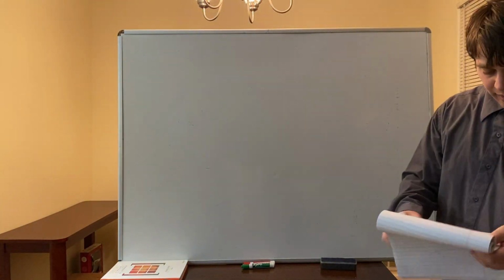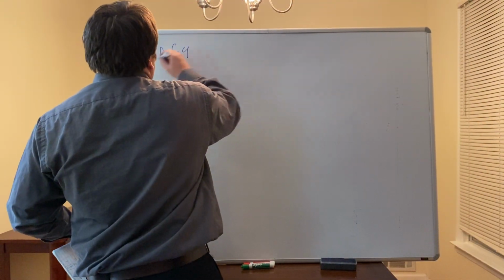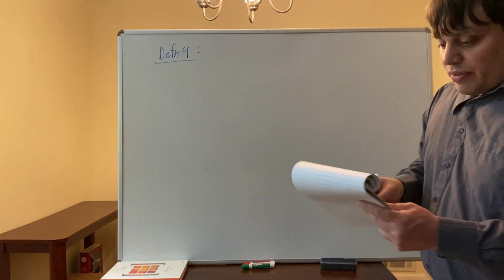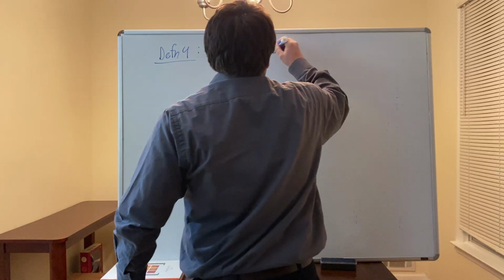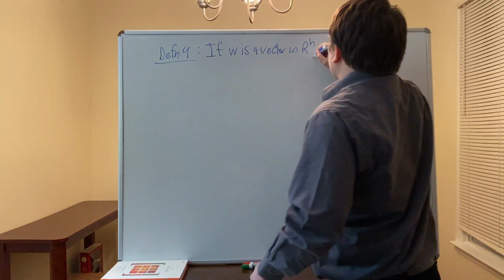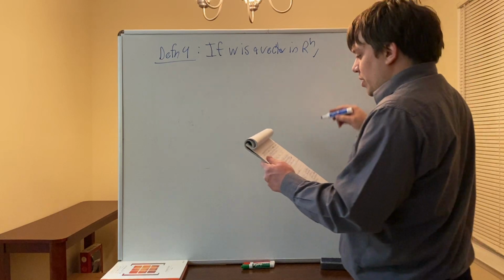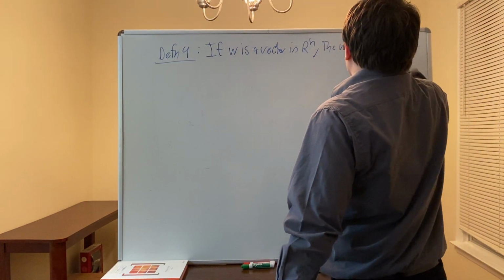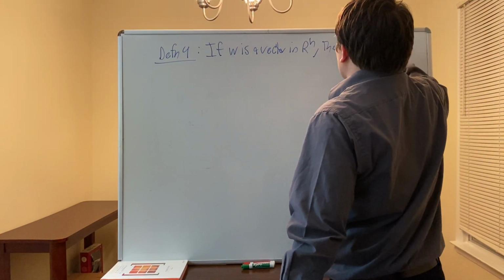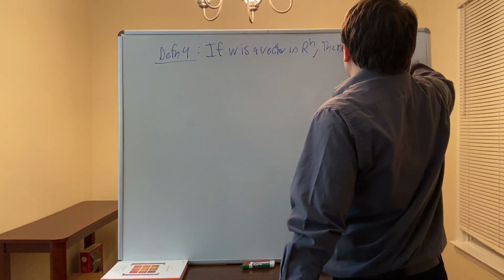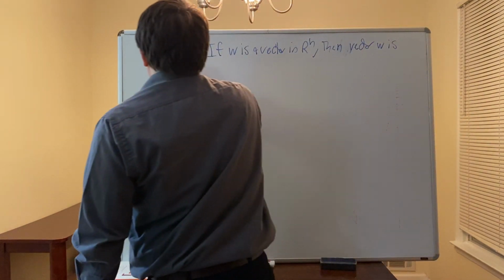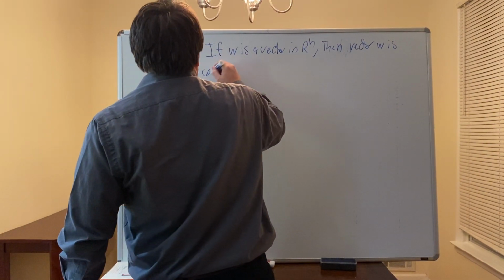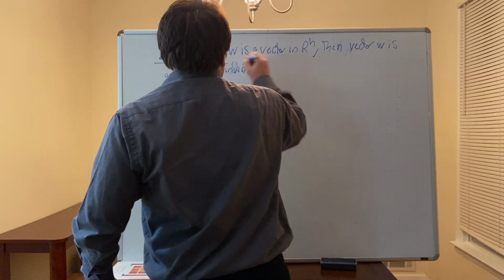So definition 4. If w is a vector in Rn, then the vector w is a linear combination of